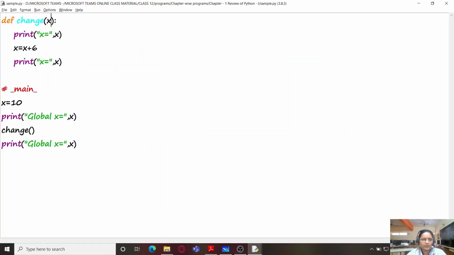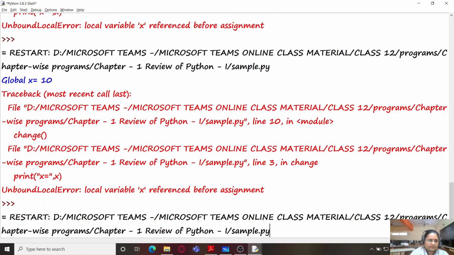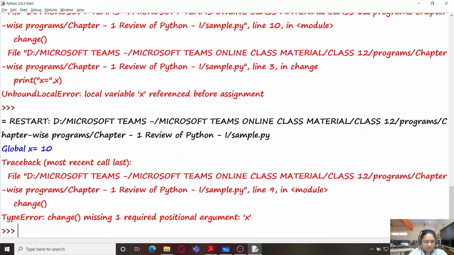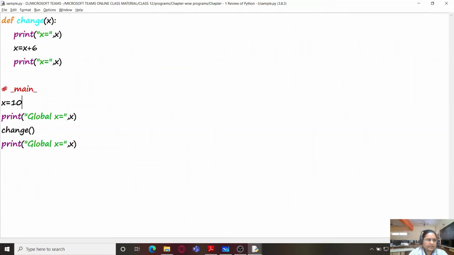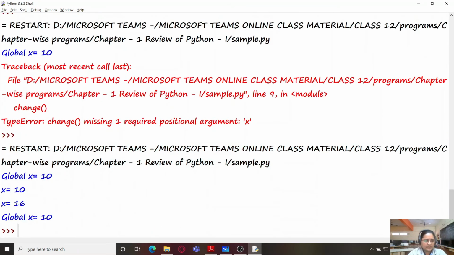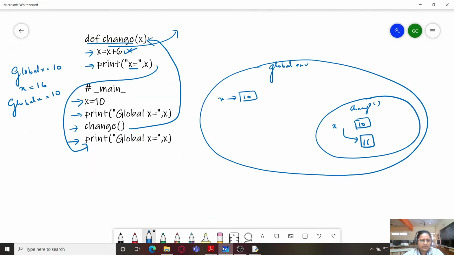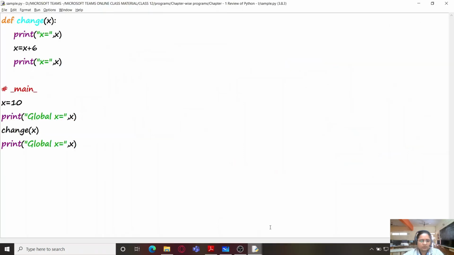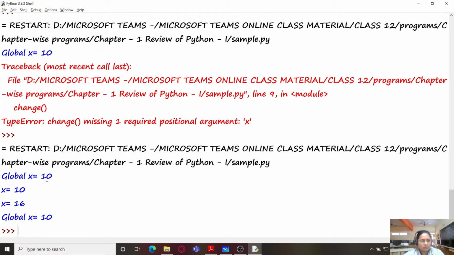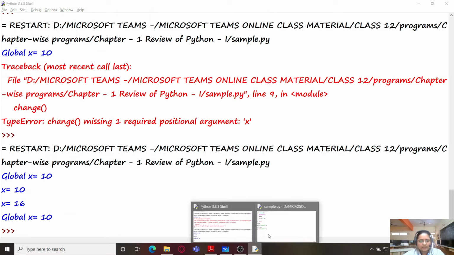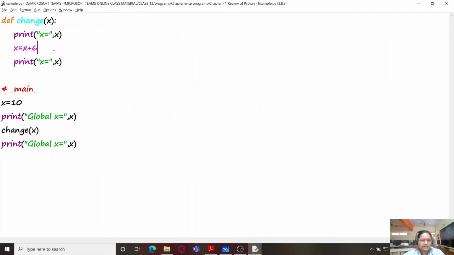So let's do it and see. Okay, so here one argument is required. We pass x. So you can see that global x is 10. Then the value of x which is printed before over here, we are also printing the value of x from within the function change, that is also 10, and then we change the value using this statement.